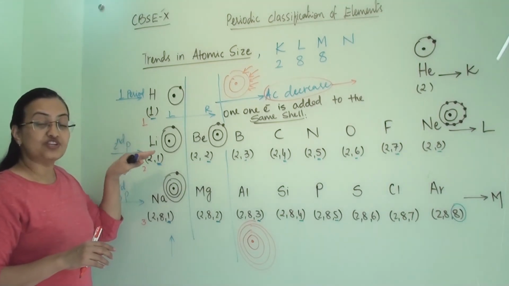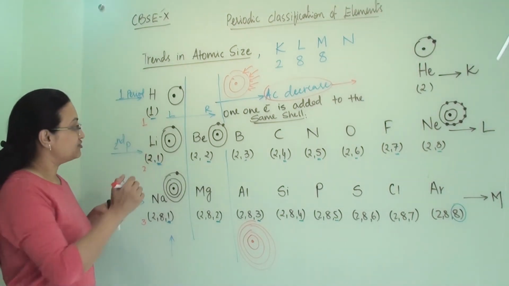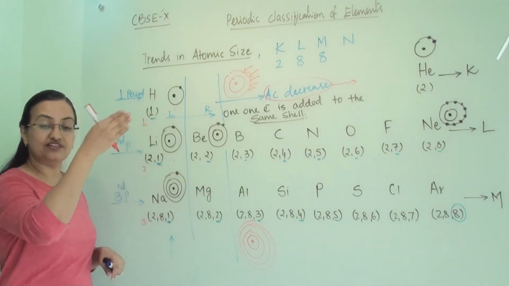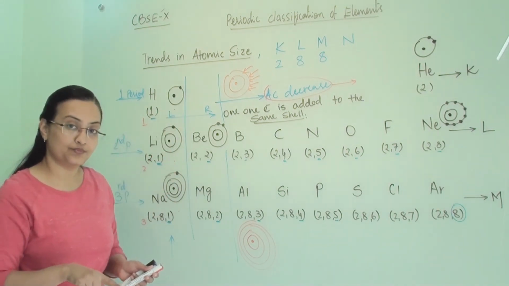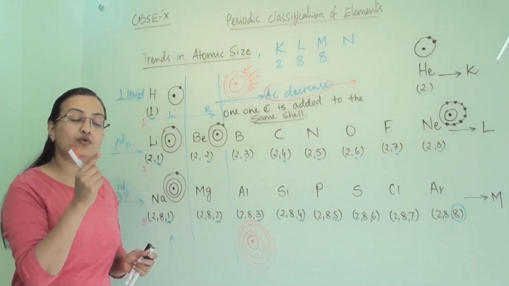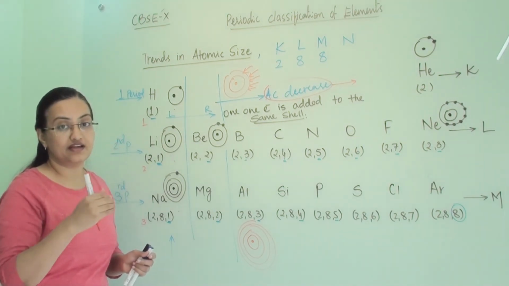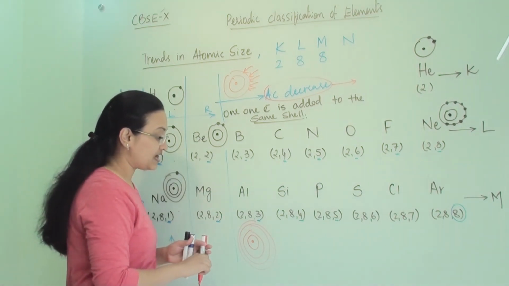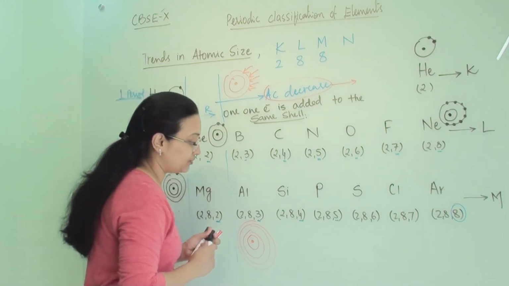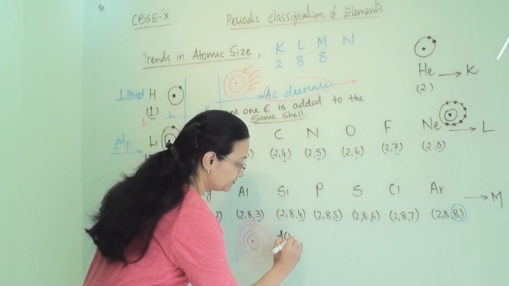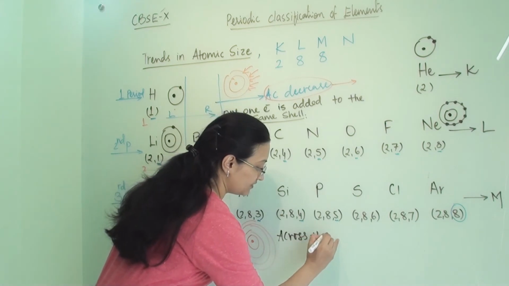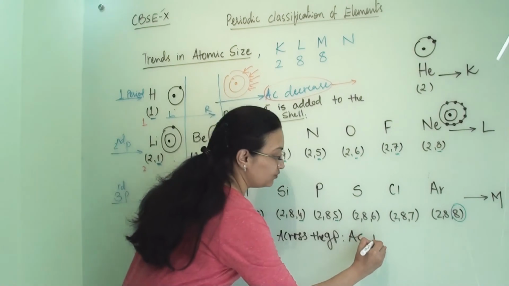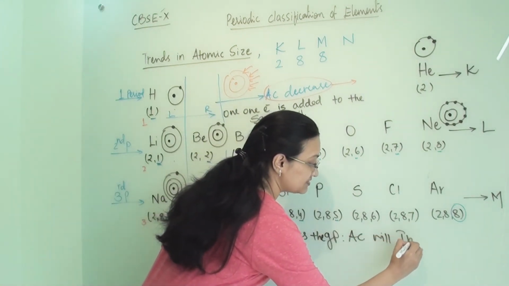The orbitals which are inside are completely filled. So we are here focusing on valence electron. So the valence electron will remain the same across the group, and we are adding one orbital to the element as we are going from top to bottom. Now here what will happen? As we are going from top to bottom or across the group, the atomic size will increase.